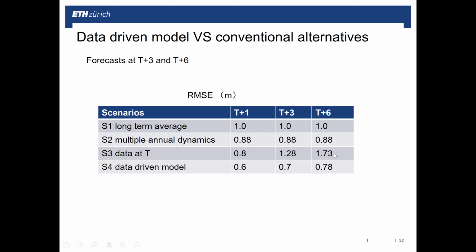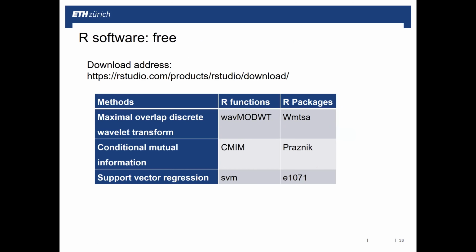That means the model is not accurate anymore. And so from this table, we can say that the data-driven model still provides the most accurate result compared to these conventional alternatives. And all the methods I explained here are already programmed in R, and R software is